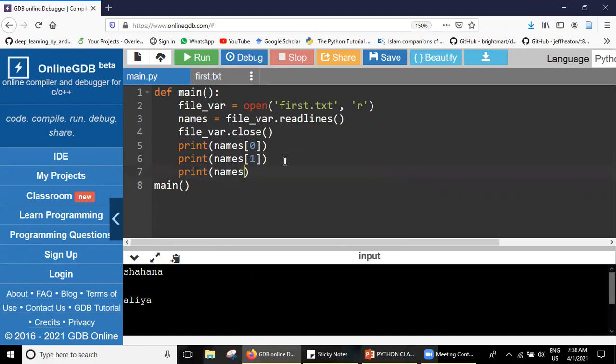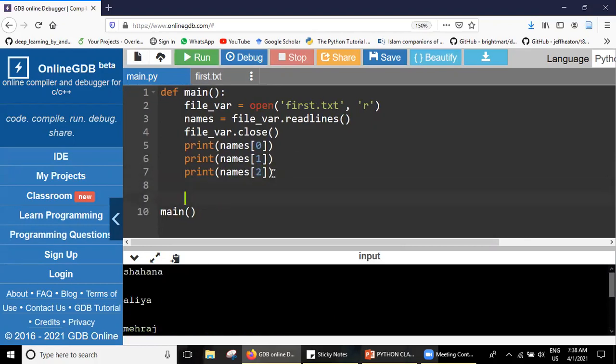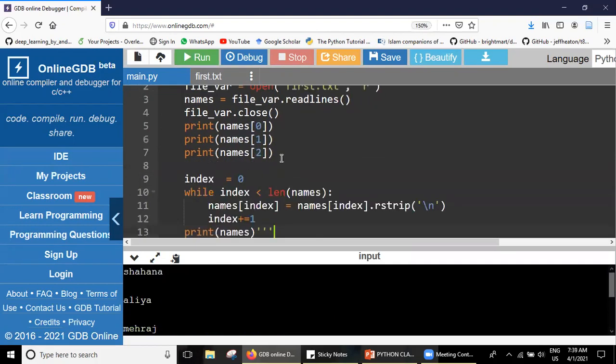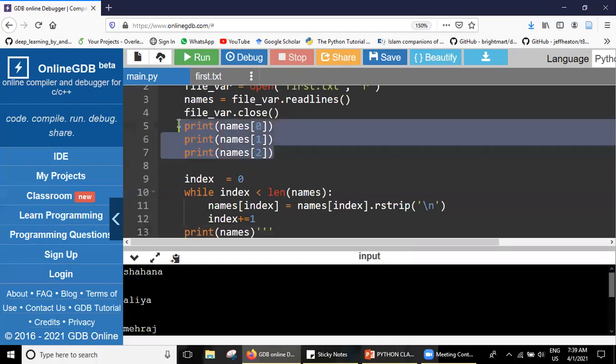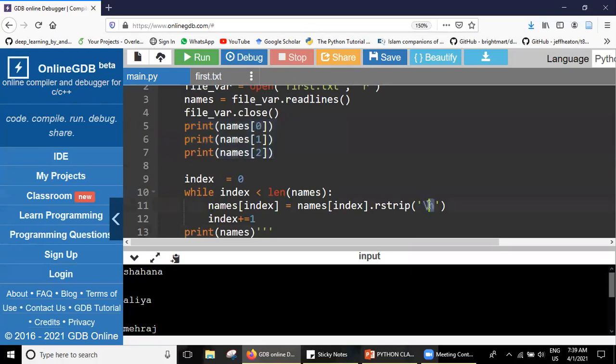The strip function which you used for slash n, it stripped the slash n in each case. Yes. So can we strip any one of the names here by using this strip function? Yes, whatever name you want to strip here, you have to write here, but it has to be in the same line.